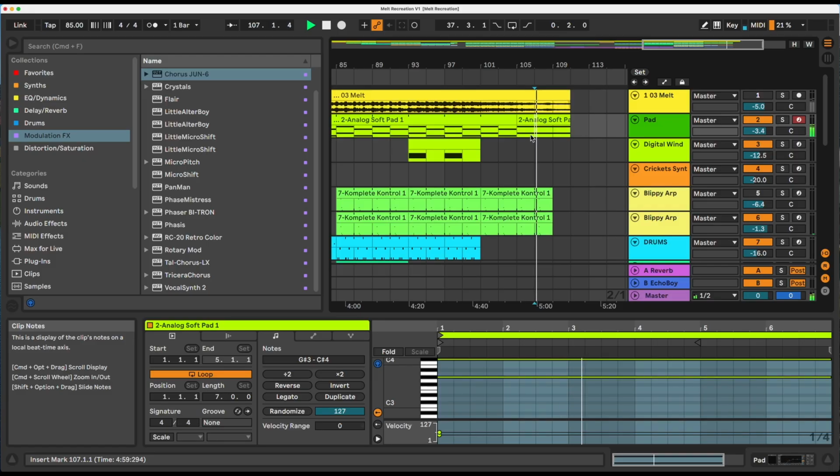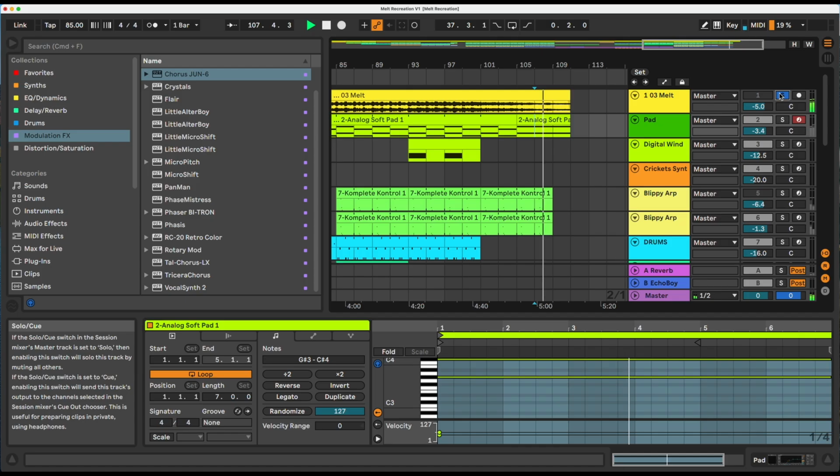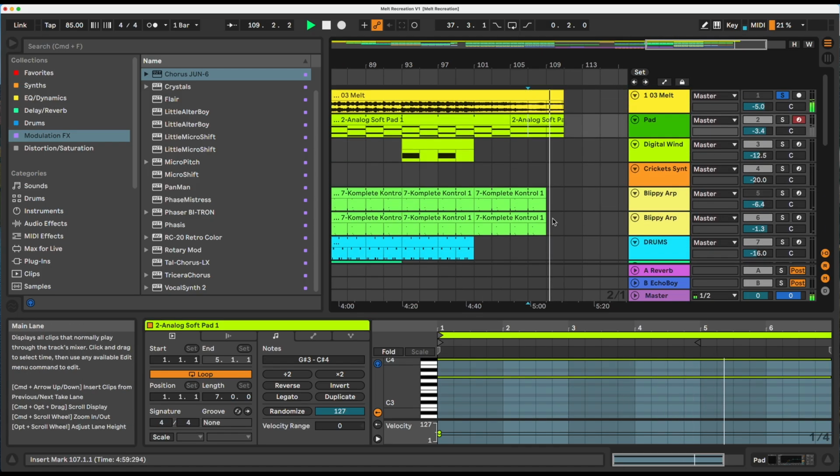We don't change down. Just make this a nice long tail. And of course, in the album, that tail melts into the next track, Song of Life.